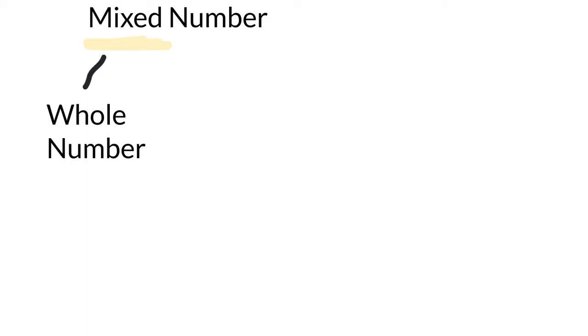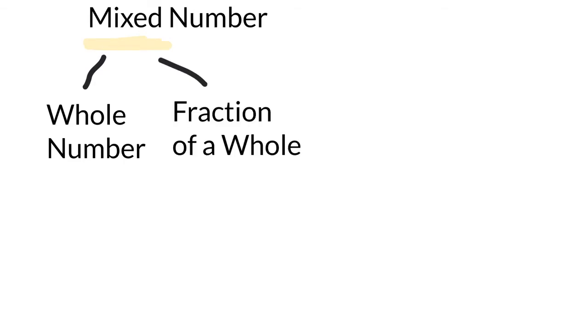First, let's talk about mixed numbers. The key word here is mixed. A mixed number is called a mixed number because it's a combination or a mix of two different things. First, we have a whole number, and then we also have a fraction of a whole. So an example of a mixed number could be something like this: